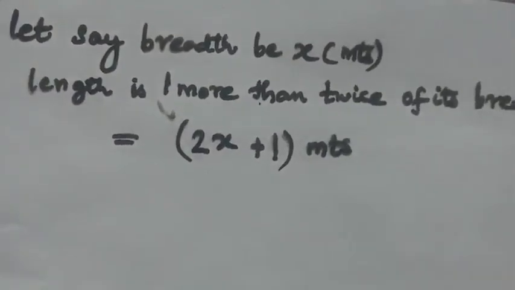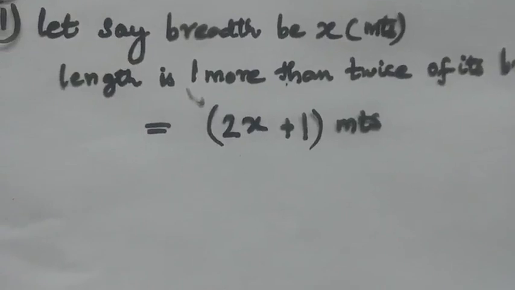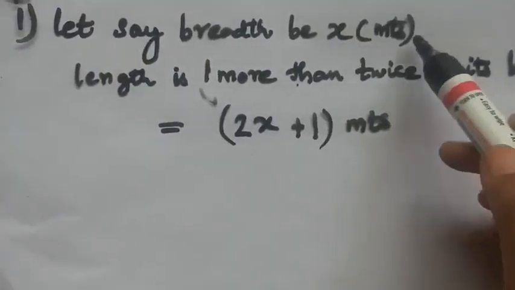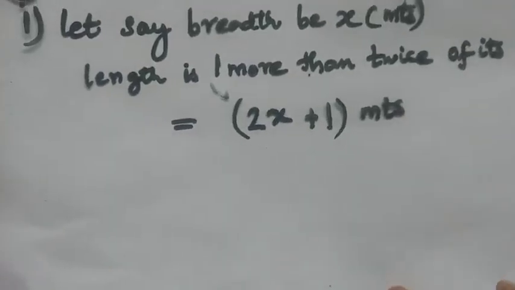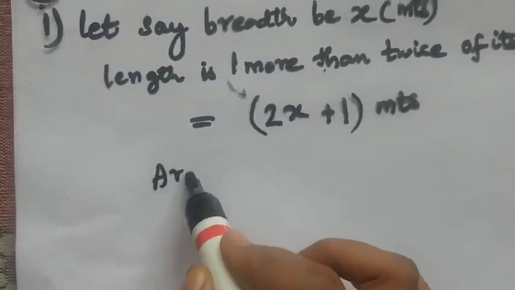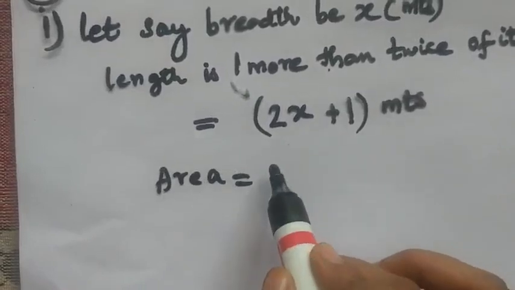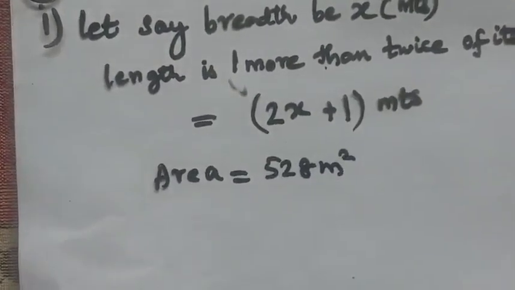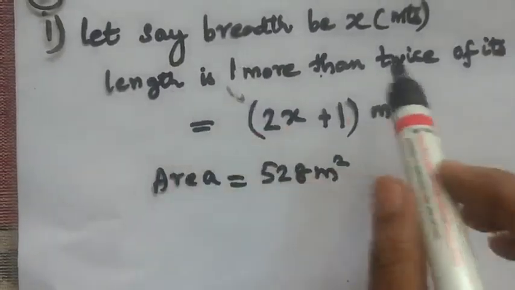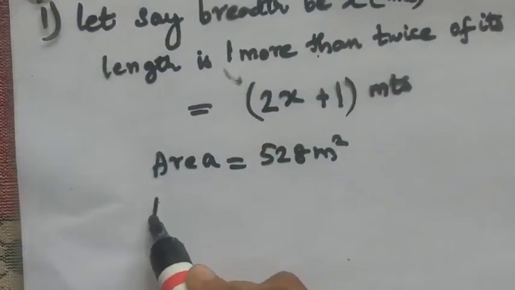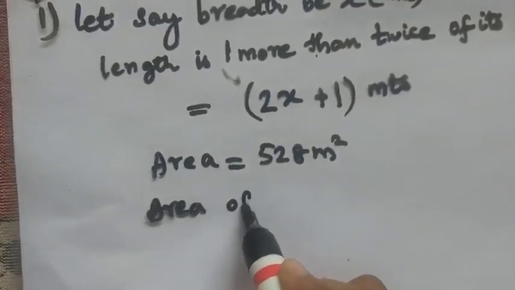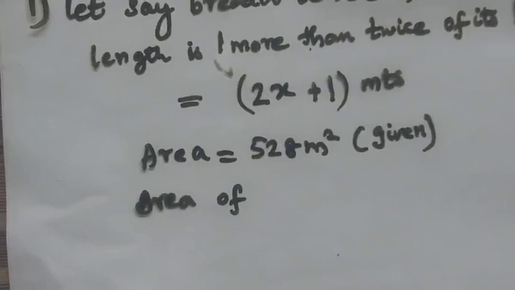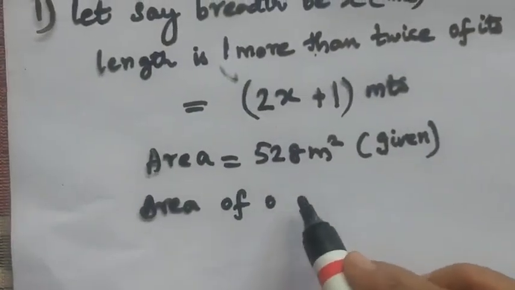So this is how we have to use our word problem very smartly to frame the equation. Now we are ready with L and B. And what he has given is area equal to 528 meters square, and we have to frame the equation for it. Now this is a rectangle, so we all know the area of a rectangle is equal to L into B, and please write down whatever is given in the question so that you don't get confused about where the number has come from.